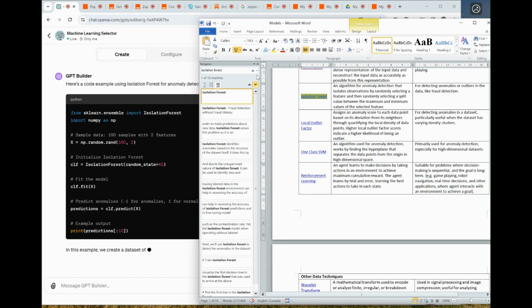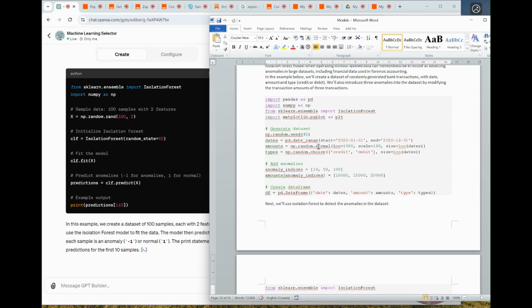In my case, I used the random normal for amounts and random choice for the type of transaction and date range for the dates, whereas the chatbot just used random rand to generate 100 samples of two features,